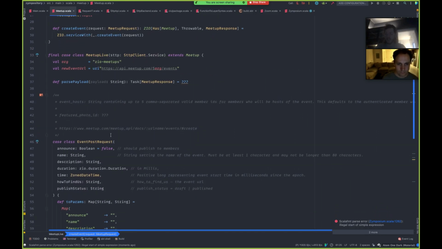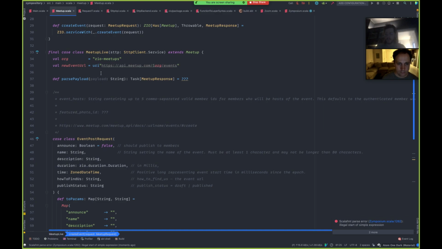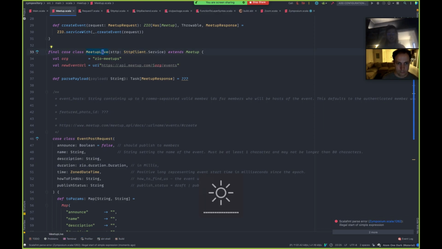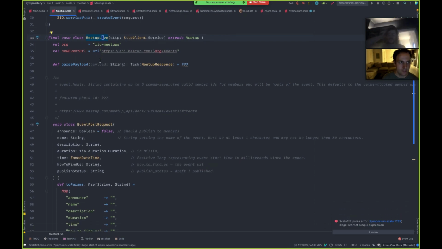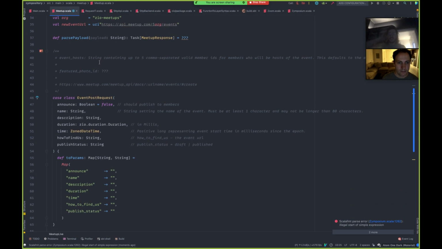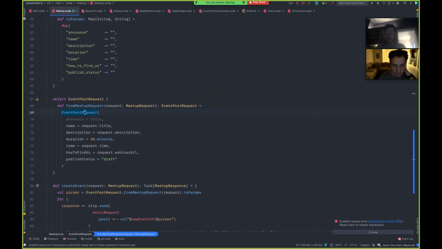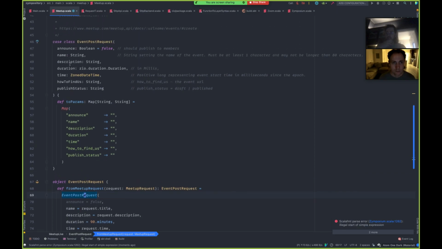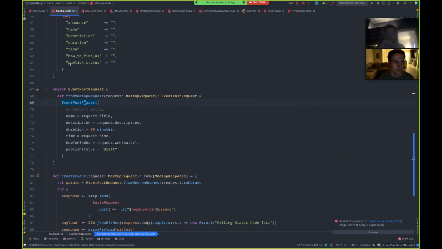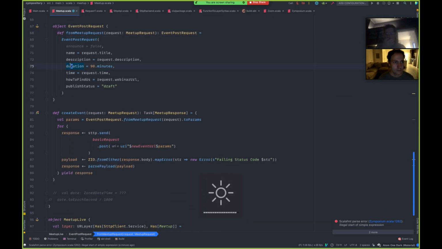And this data type should probably be moved to some... now it's getting to the point where maybe the Meetup Live module deserves its own package because it has all of these kind of its own dependencies now. It has its own data types that are bespoke. If we had a test implementation, we're not going to make these ugly params. We don't really care. Yeah. This only exists for the purposes of the actual API. So, we'll keep it here for now.